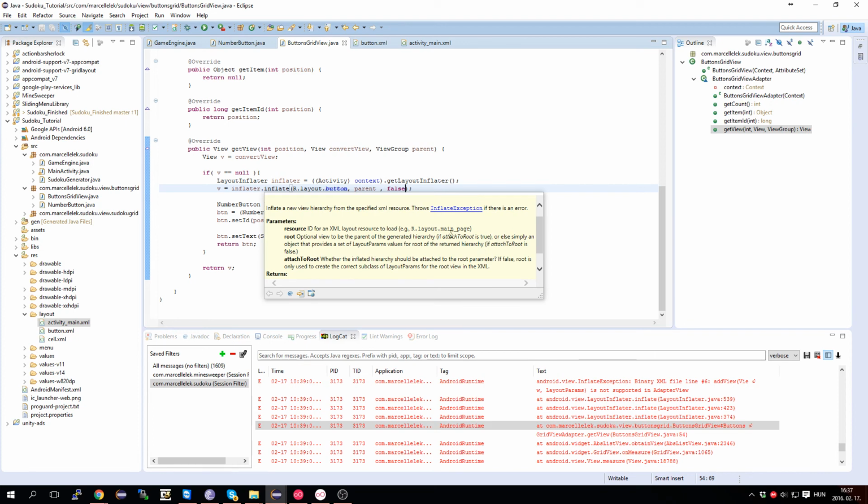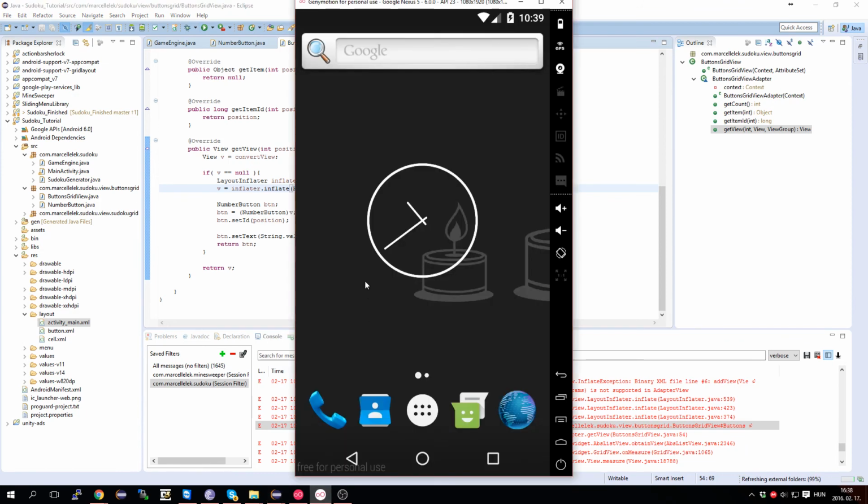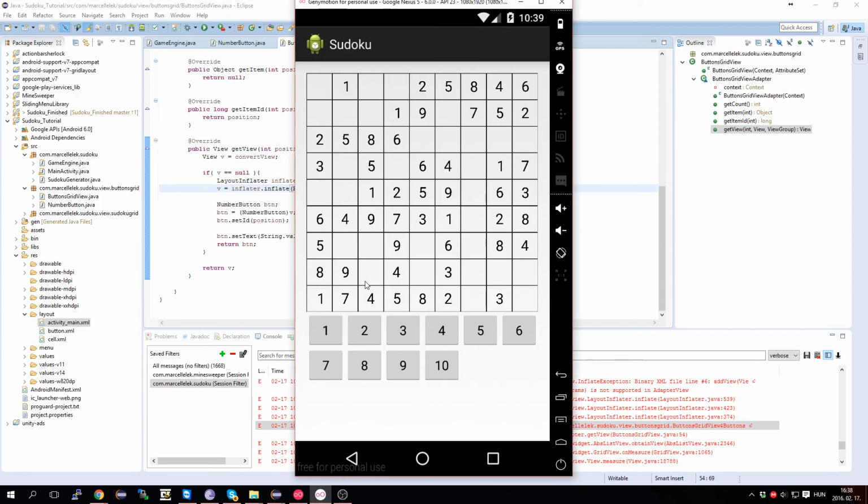Attached to root. I think this is the problem, but maybe not. Yeah, this is it. So as you can see, we have the numbers, but we have 10,